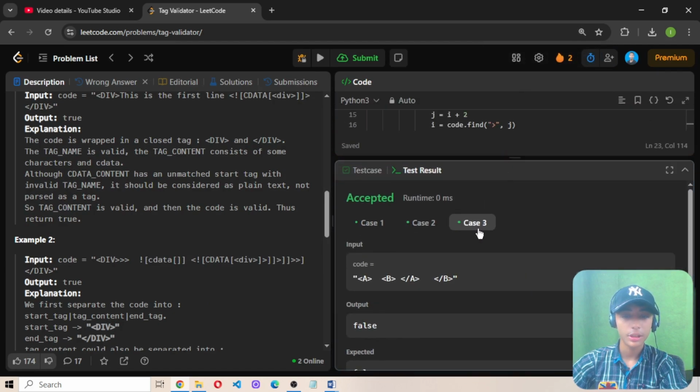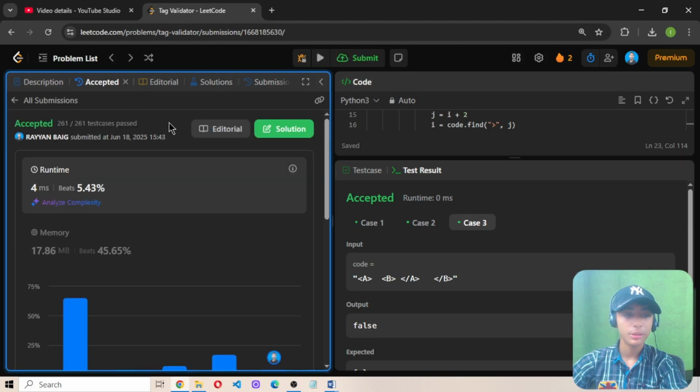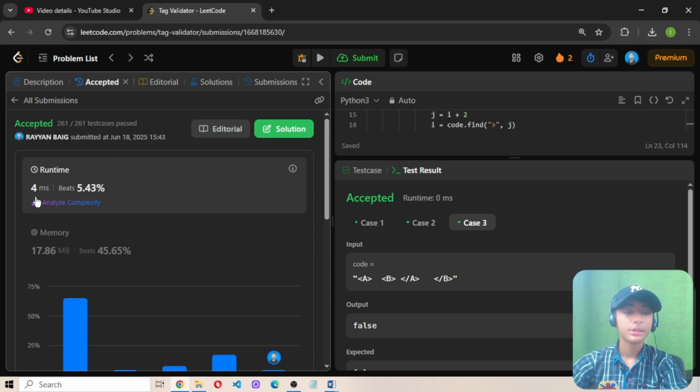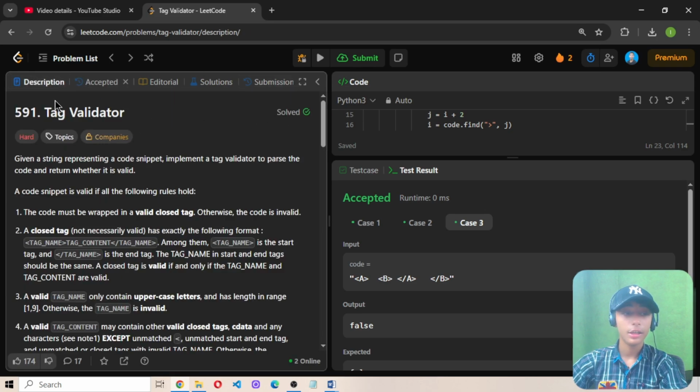Our case 1, case 2 and case 3 are all accepted. But let's see the last one, the submission code. So when I submitted this code, the submission has also been accepted, and I beat 5% of people because I have attempted once before, so that's why the beat percentage is very low. So I hope you enjoyed today's question,